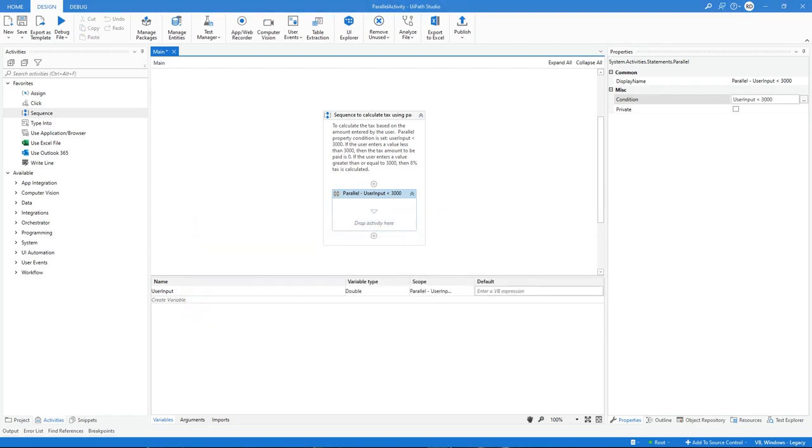Within the parallel container, we need two sequences. The first sequence executes when the condition is true, and that's when the user enters a value less than 3,000 and logs a message for the same. And the second branch executes when the condition is false. This sequence executes after the first branch, and it also calculates 8% tax on the value entered. Let's create the first sequence